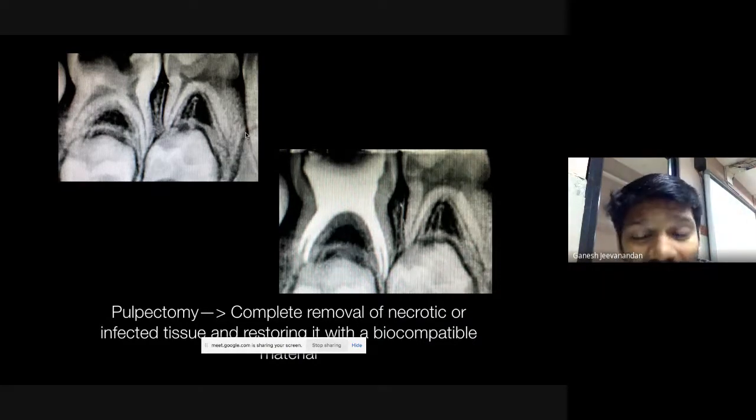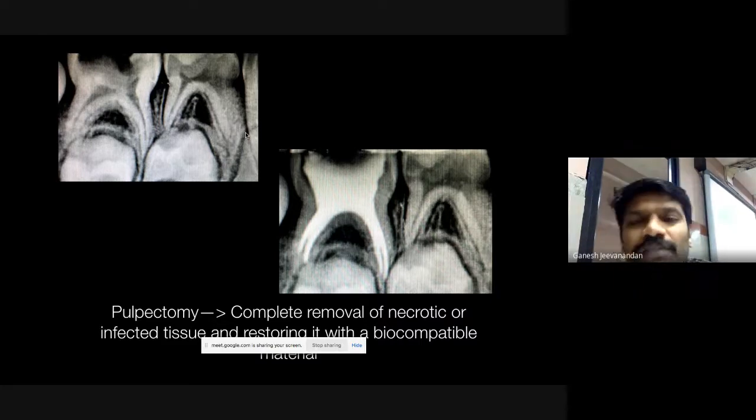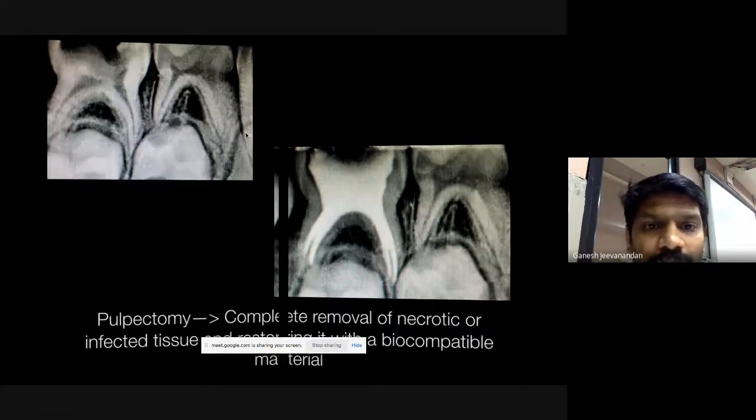So we have cleaned the infected material inside the root and then obturated it with a biocompatible material. We have to be very clear: remove the infected tissue inside the pulpal tissue and restore it with a material which will help the tooth stay there for a longer period of time. So we are preserving the tooth and avoiding extraction. Understood? That is the first concept I wanted to tell you all.